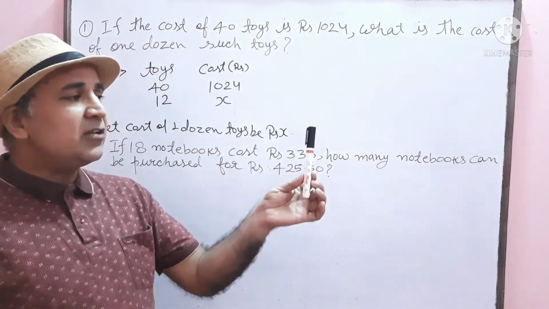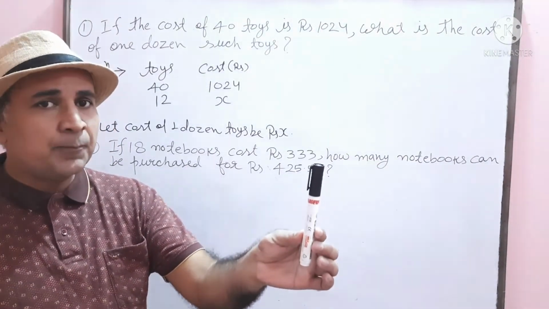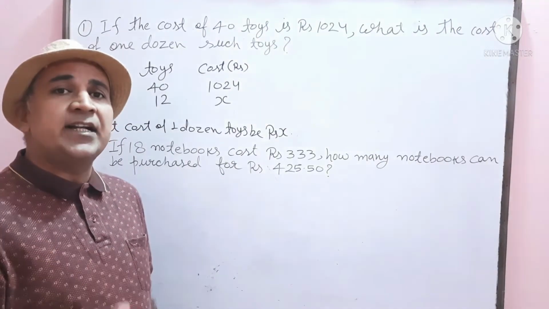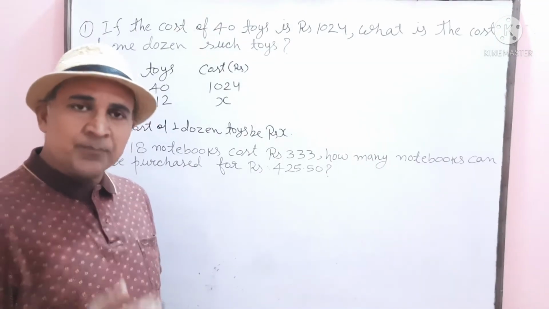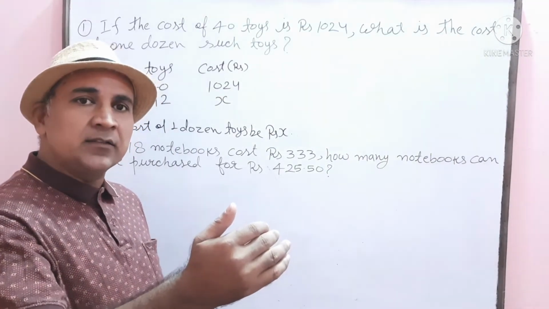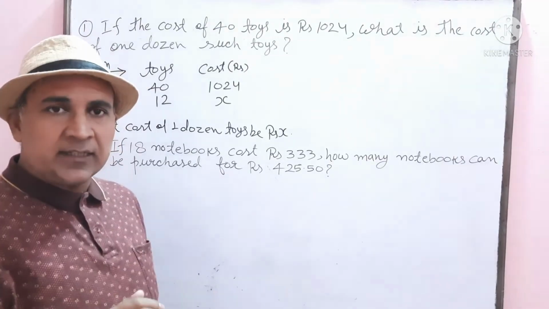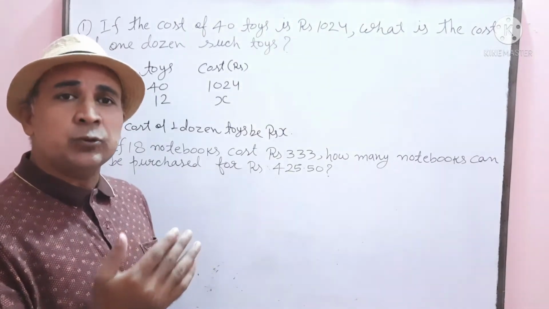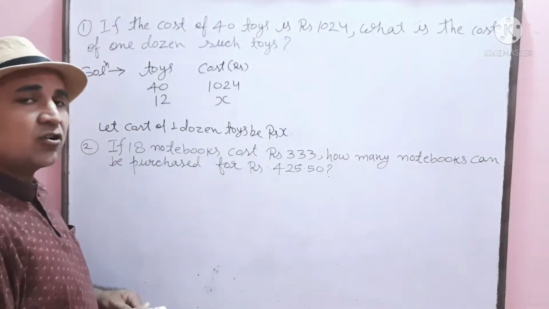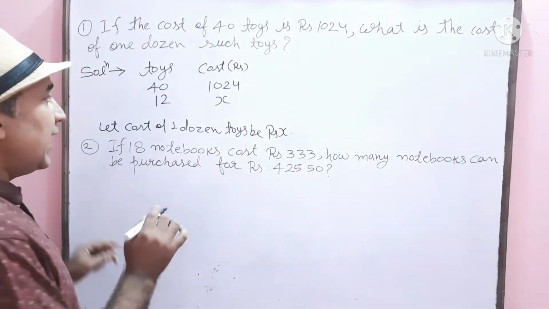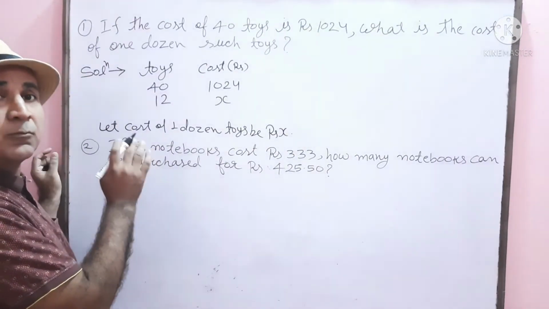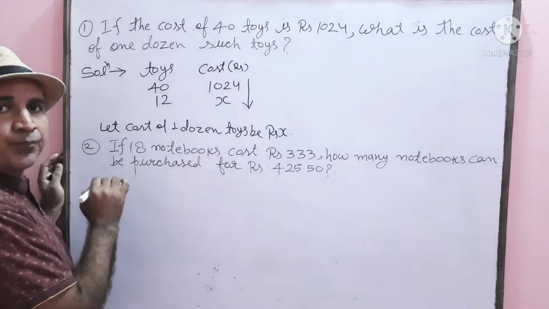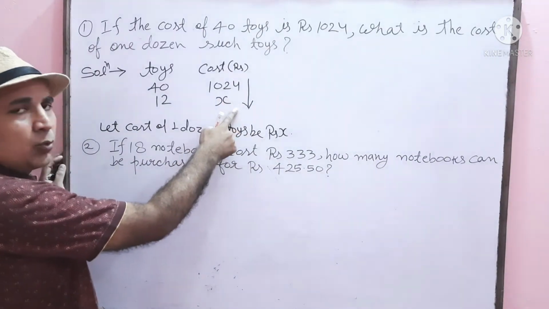It means when we are increasing the number of marker pens, its cost is also increasing. This relation is called direct variation. That means if one quantity is increasing, then the other quantity should also increase. Otherwise, if one quantity is decreasing, then the other quantity should also decrease. Then the relation is called direct variation. And see how we will represent it by symbol. I am representing it by an arrow. Suppose I have made the arrow sign downward.